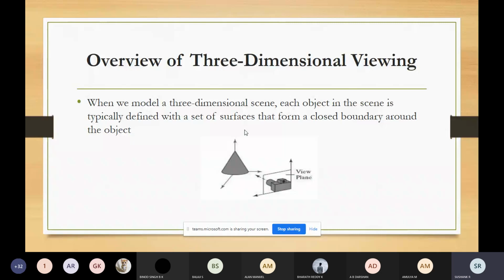The viewing function processes the object description through a set of procedures which will ultimately project a specified view of an object on the display devices. So all these things should be taken care of. Some applications may require specifying the interior structure of the object, and in some we need a process for displaying the internal components or cross-sectional view.